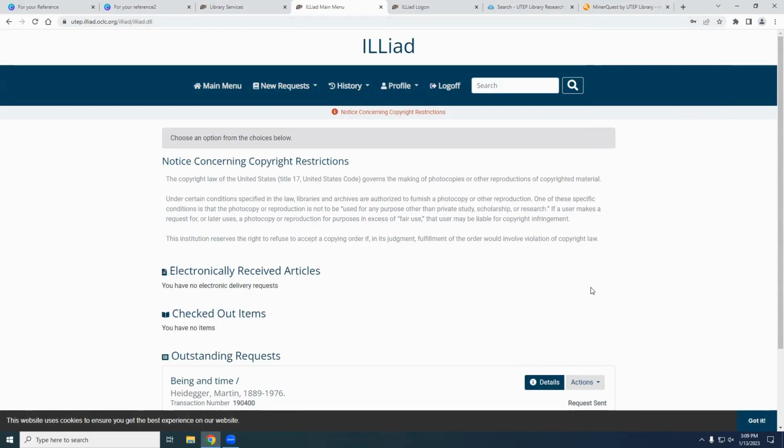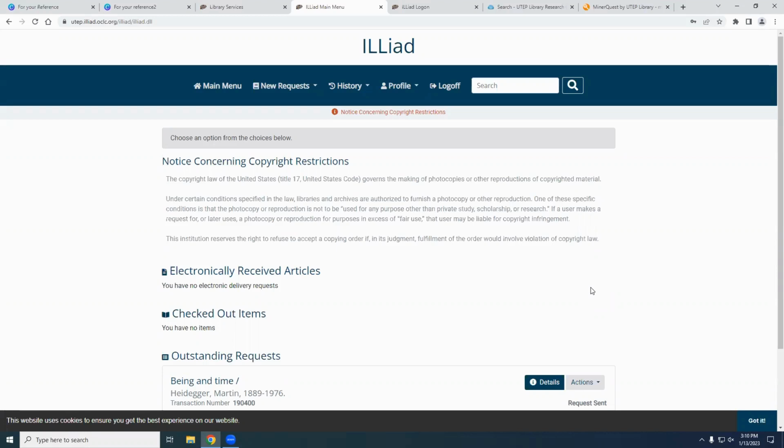That's because as a UTEP student, you do have access to every book that we have here on campus, but you would need to request it through interlibrary loan. So if I live, let's say, in California, and I'm a student here through UTEP Connect, I would go through interlibrary loan, fill out my request, and say that I want it sent to my home and not the library. That's because as a student, you have access to everything that we have here.